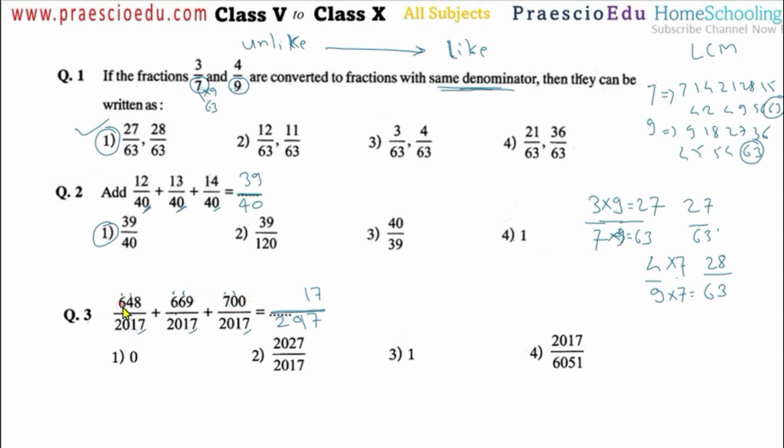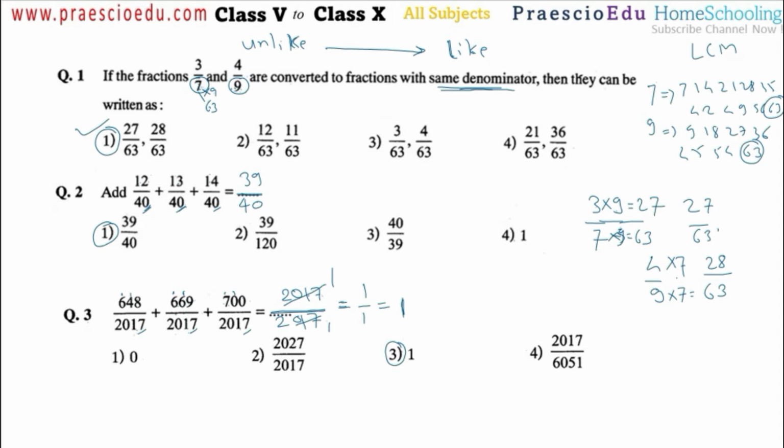Okay, so 1 plus this 6 is a 7, plus 13, plus this 7, 20. So this is a 20. So 2017 divided by 2017, both the numbers in the denominator and the numerator are the same, so we can say 2017 by 2017 is 1 by 1, or we can say 1. Both the numbers in the denominator and the numerator are the same, which means that is equal to 1. So 1 is given in option number 3.